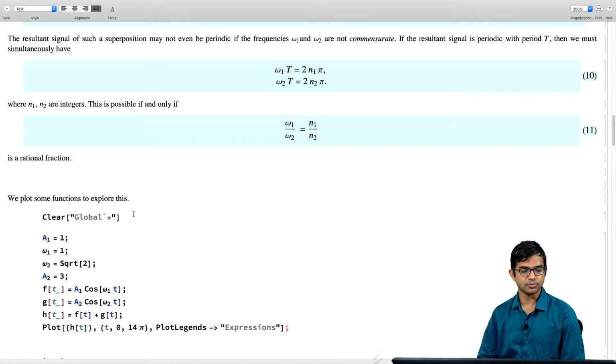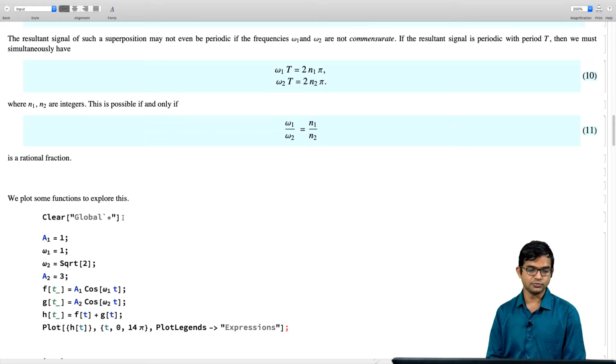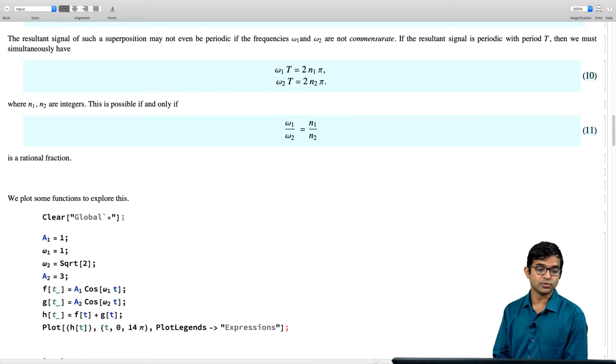So let's play with Mathematica and see this out. When you have relatively independent pieces of code that you're writing, so we had some piece of code earlier which we started in this session, and then if I want to write more code, sometimes some of the constants or parameters that we defined earlier might conflict with what we're going to define later on. So in order to avoid that, a useful method is to clear all the memory from Mathematica within one session, and that is to use this thing called ClearAll with this very specific syntax.